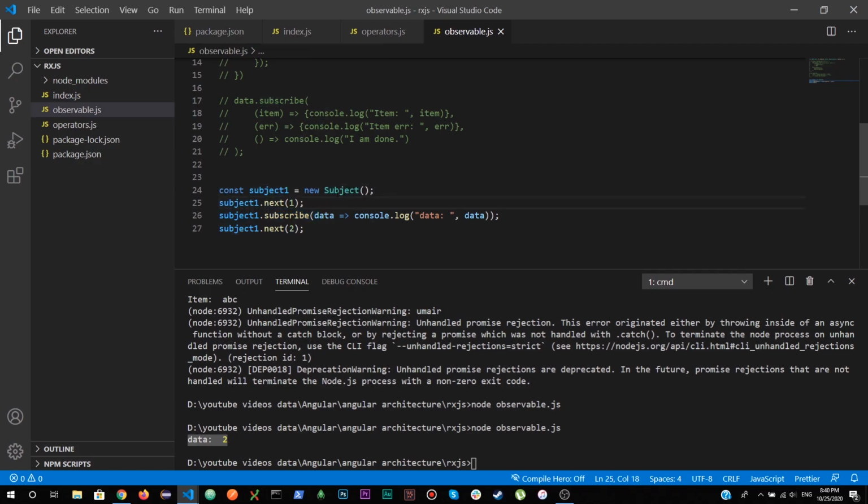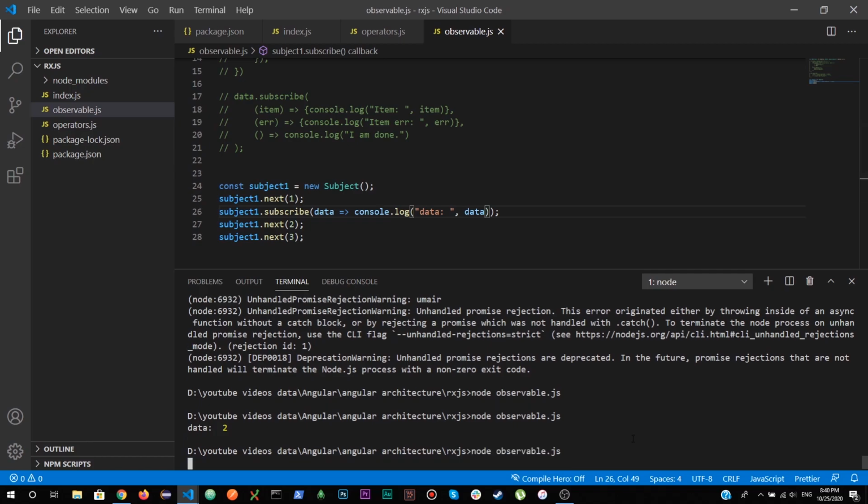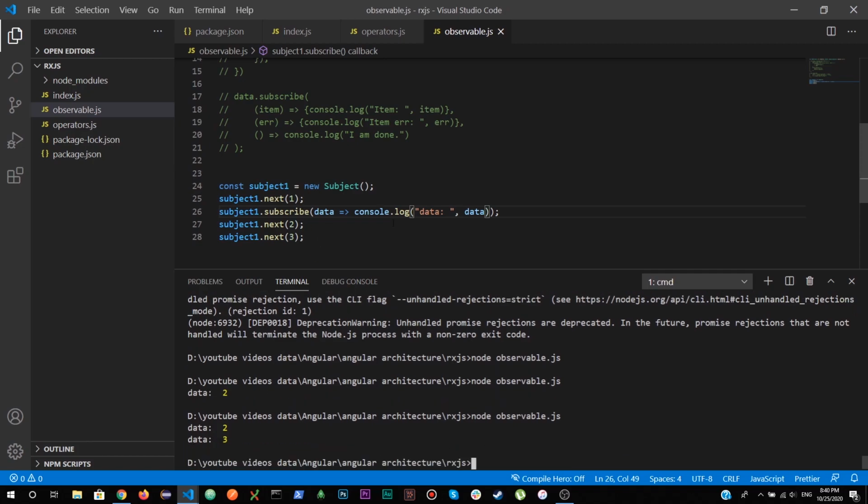And one thing more, a subject observable cannot have an initial value. An initial value can only be dispatched using the next keyword, right? And after that we can add further values from here. Save it, and you can see 2 3 has been printed because these next calls have been added after the subscription,